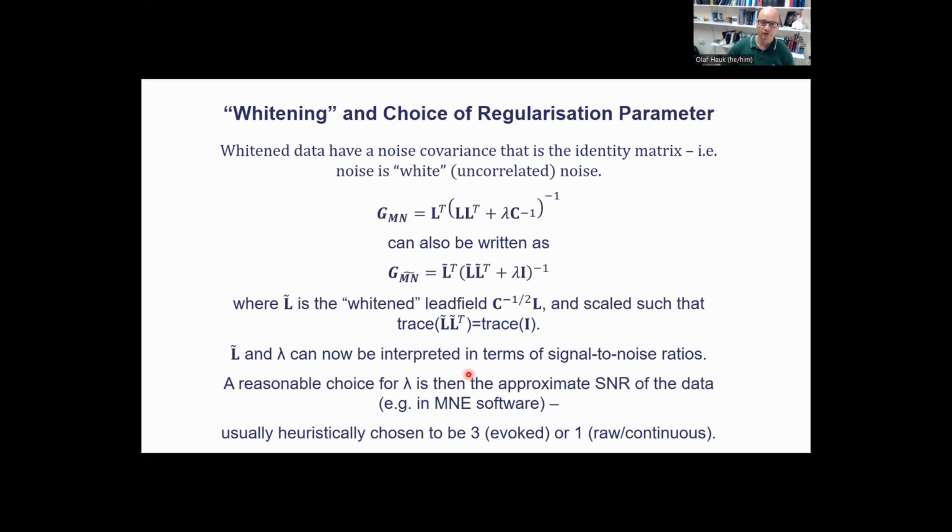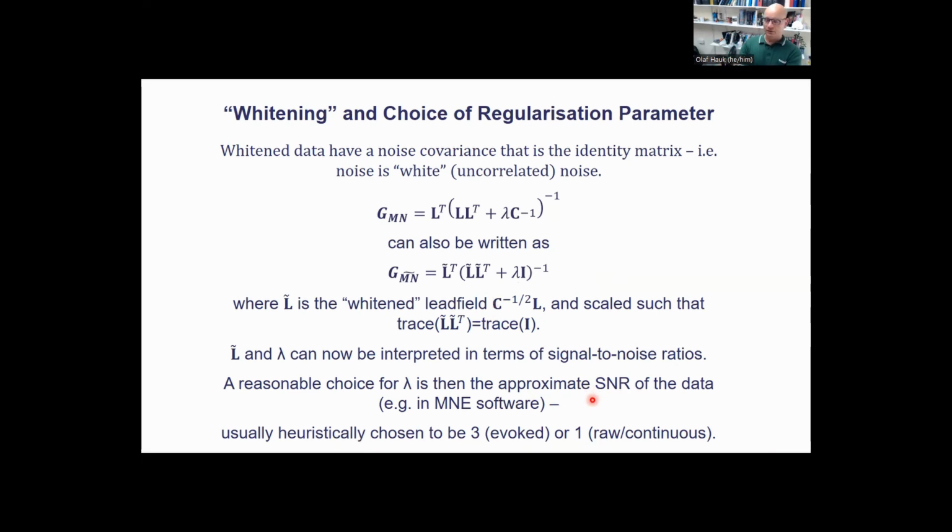So it has a bit more of an intuitive interpretation. Instead of specifying lambda directly, you can specify it as a signal-to-noise ratio, and then there are certain ways of transforming this into a regularization parameter. This depends also on the choice of your noise covariance matrix. More about that in a second. And then usually we are still faced with the appropriate choice of the signal-to-noise ratio for our